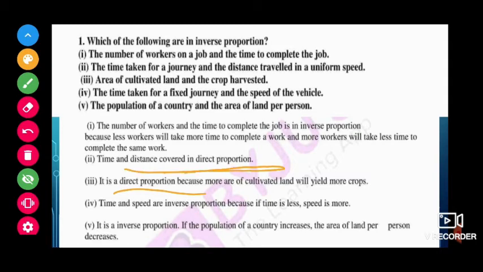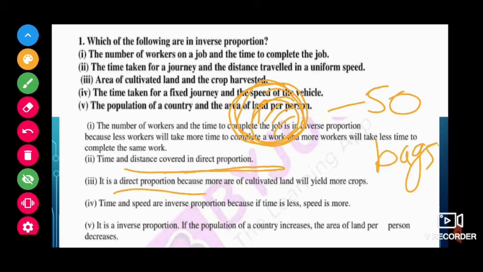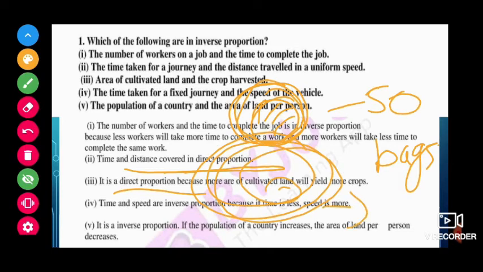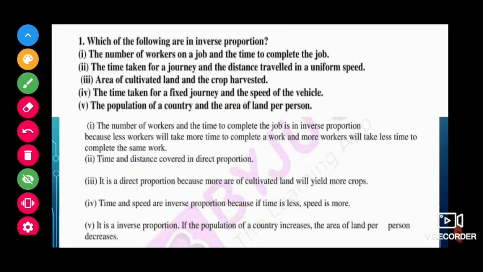Okay, so it is in a direct proportion. The third one, the area of cultivated land and the crop harvested. This is also direct only. Why? Because if this much area gives us 50 bags of crop, rice or something, and I use double the area, then I will get 100 bags. In the same way, please refer to the remaining two, whether they are inverse or direct. Next,